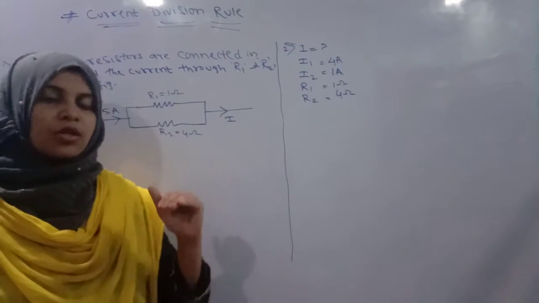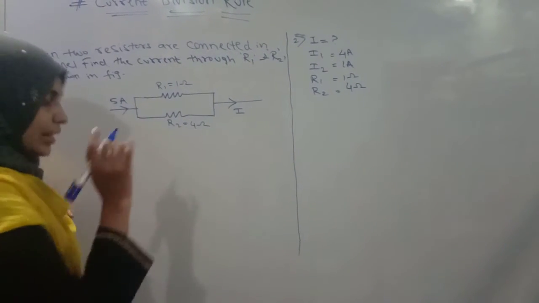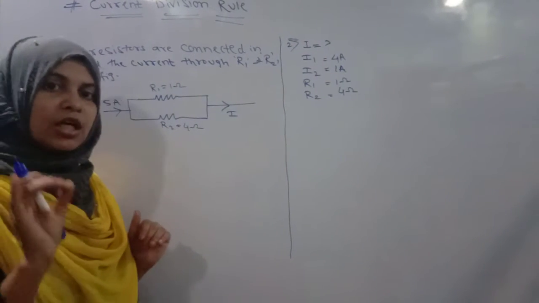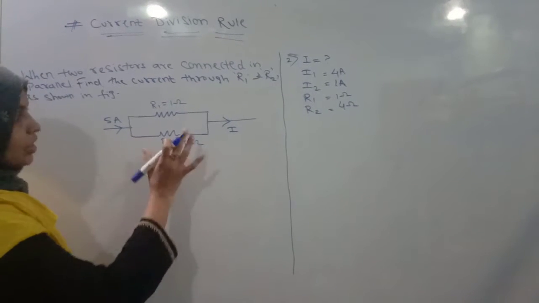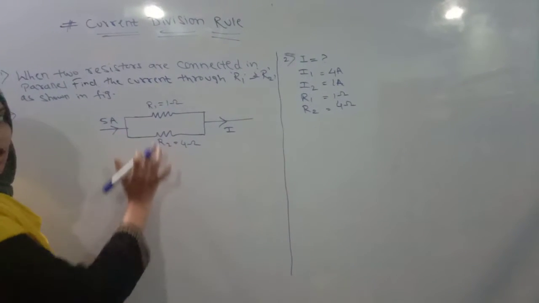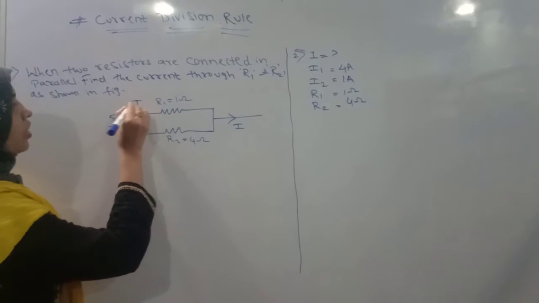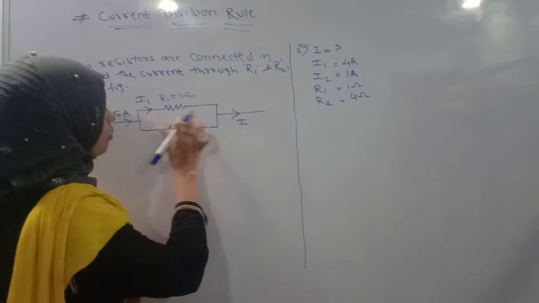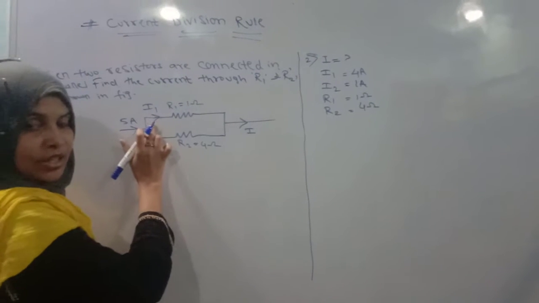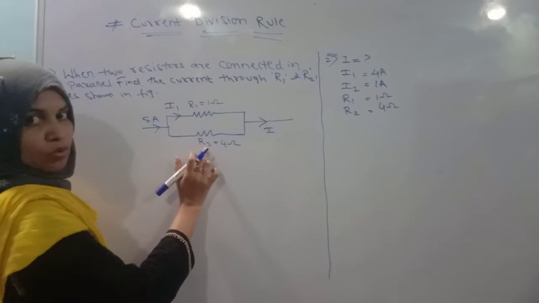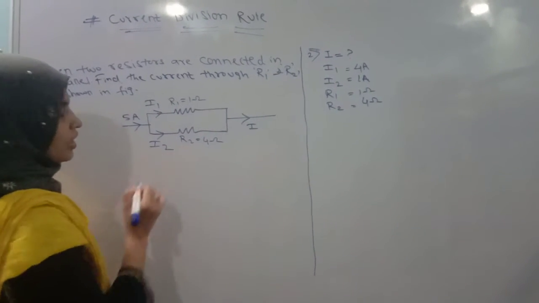First of all, we will go through the definition of what is meant by the current division rule. All of you pay attention. The current division rule focuses on the parallel circuit, the parallel connection. If you have two branches, as you observe in this circuitry, this one and this other one, and you want to calculate the current flowing in the branch with resistor value R1, the current will be I1. In the second branch, with resistor R2, the current flowing through it is I2.